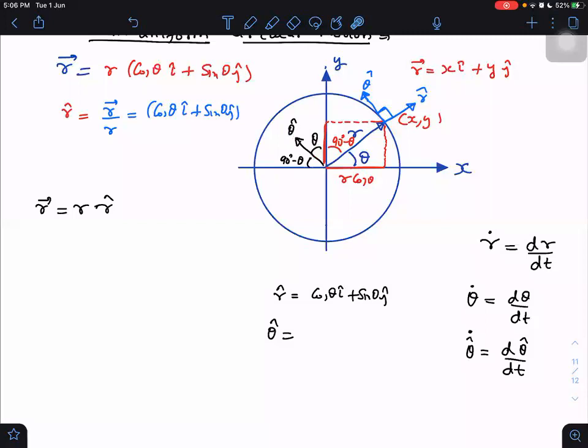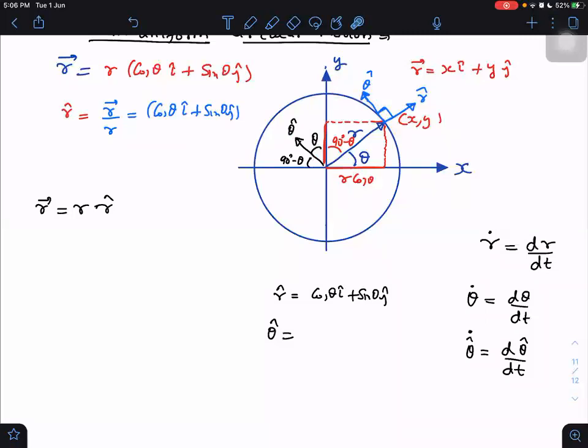So if you are not understanding anything, this is just 90 degrees. It is a right angle. It is perpendicular to this. And in circular motion, it is not even a very difficult vector to understand. It is just a tangent vector. It is one unit vector which is along the tangent for the circular motion.